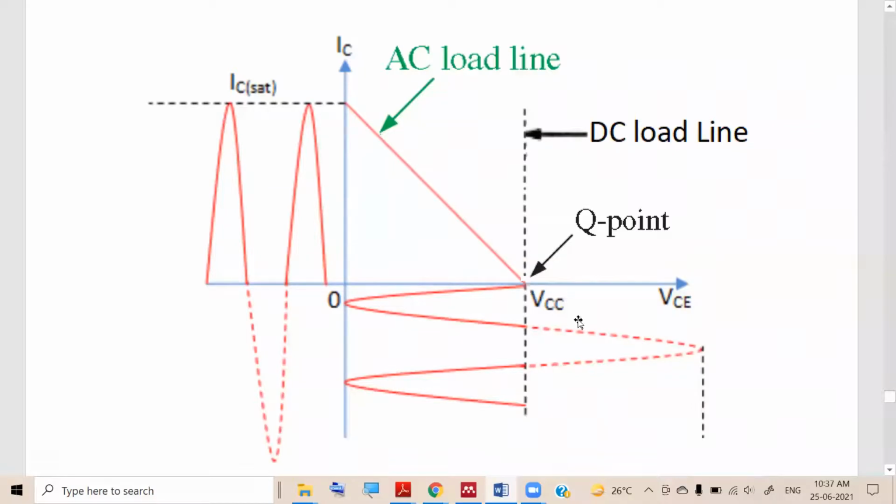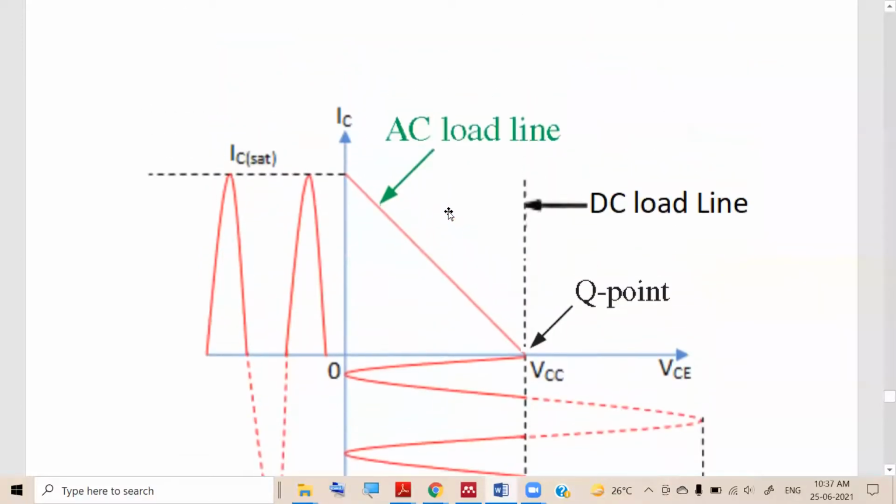In the negative half cycle, you are going beyond cutoff. It doesn't amplify. So only one half cycle it can amplify, but we are using two transistors, so that each transistor will amplify for one half cycle, and we are getting the total two half cycles. So this graph explanation is for T1. Again, I'm repeating, this is only for transistor T1. It is sufficient. Similarly, you can explain for T2, but it is not required.